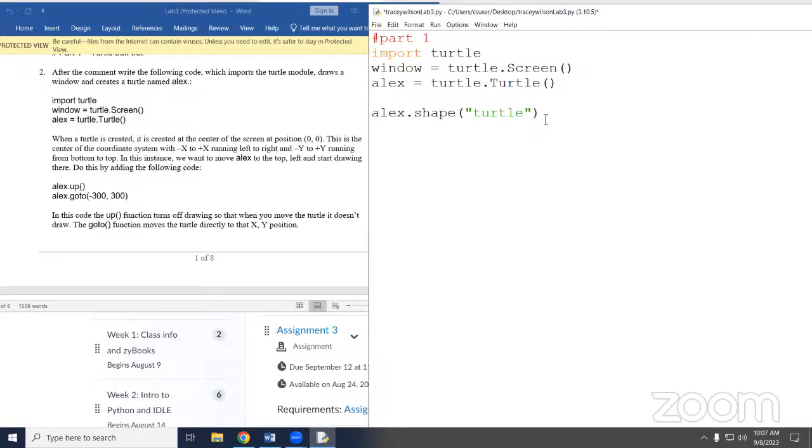So next what we want to do is move our turtle to the top left-hand corner if you're looking at the screen of our window. Why? Because I'm fixing to draw something and I'm getting to a starting point. So I'm going to pick up his pen. It's actually just up.